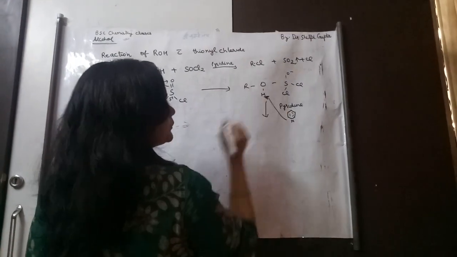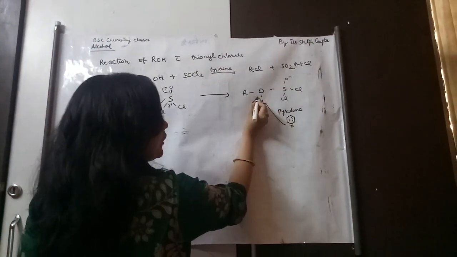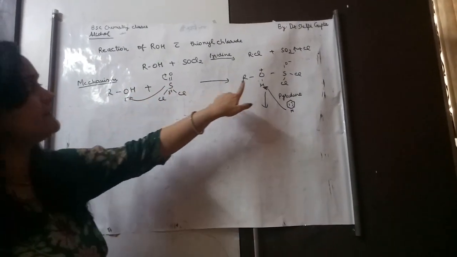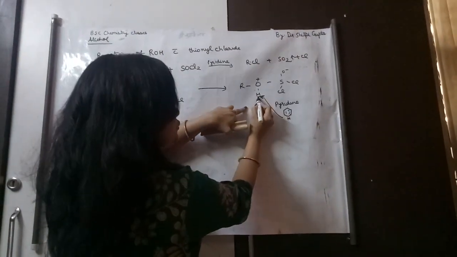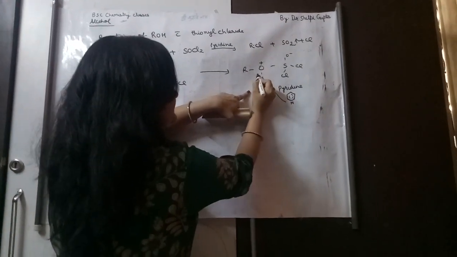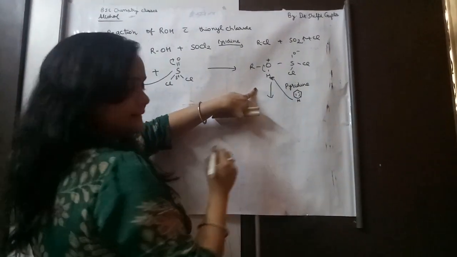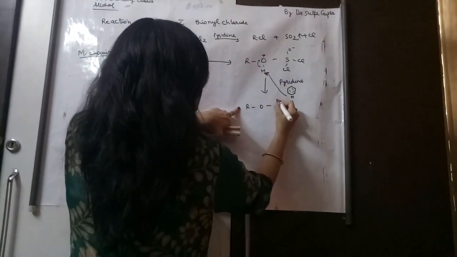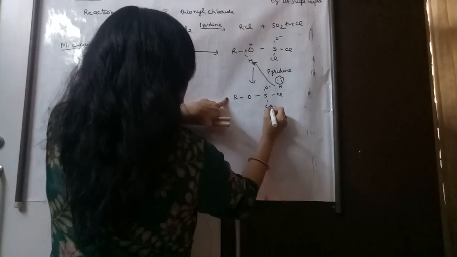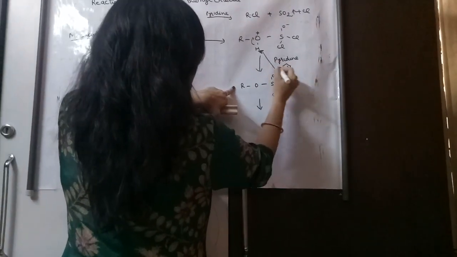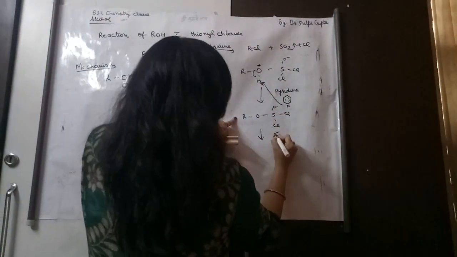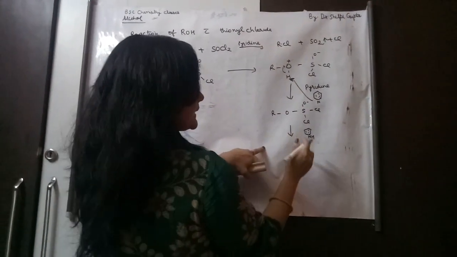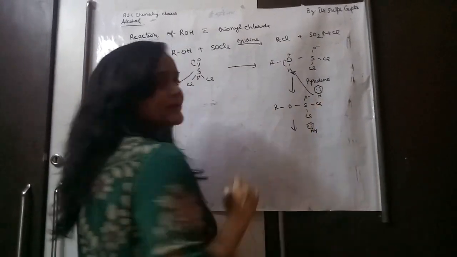Okay, it will take the proton, and when it will take the proton, oxygen now has positive charge because it has shared its electrons with S. So when H will attack on N, these electrons will shift on the oxygen atom. And then what is formed is RO, SO, Cl, Cl. Okay. N will attack on H and will form NH. Okay. Now in the next step, chlorine is very electronegative.